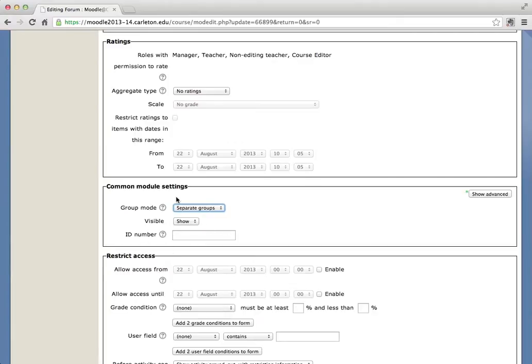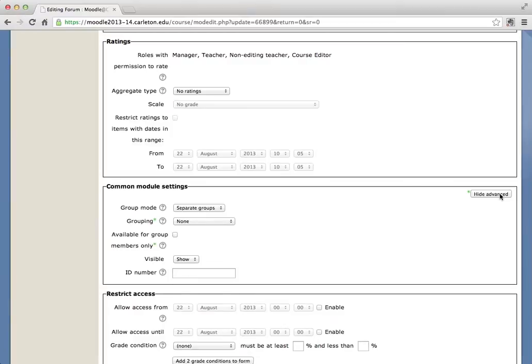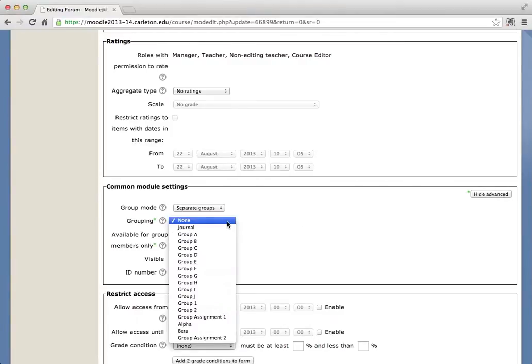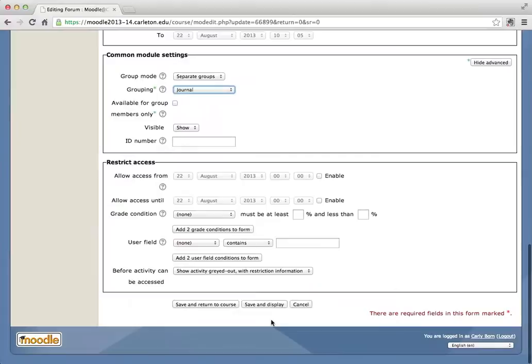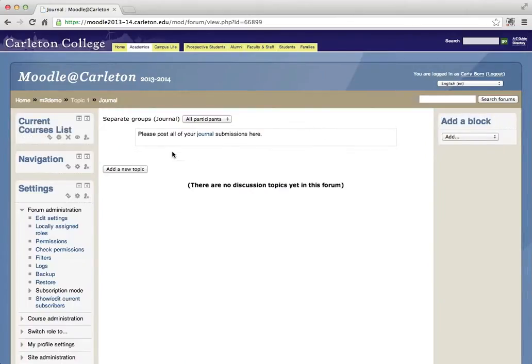Now, we still need to assign the grouping. And that isn't visible here right now until you go over to the right and show the advanced options. Now you get the grouping option shown here, and we can say that we want to use the journal grouping for this assignment. And we'll go ahead and save and display that. Now what you have in your forum is a new menu up here called Separate Groups, and it shows